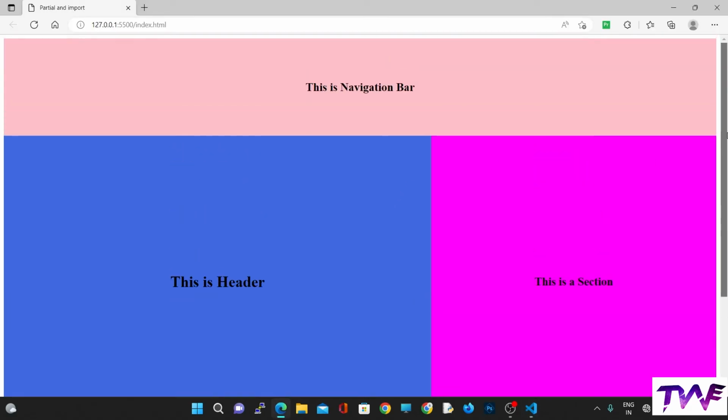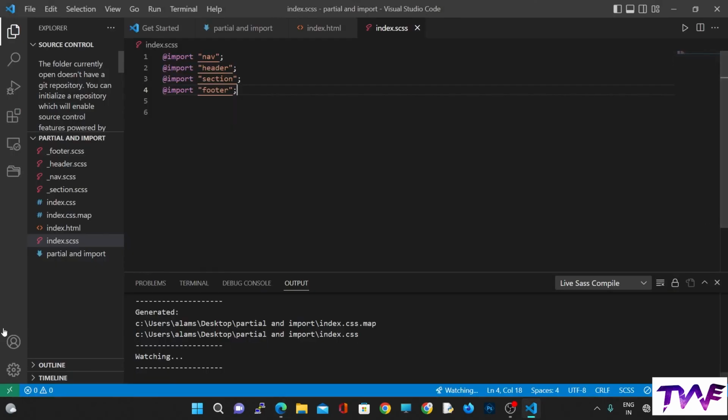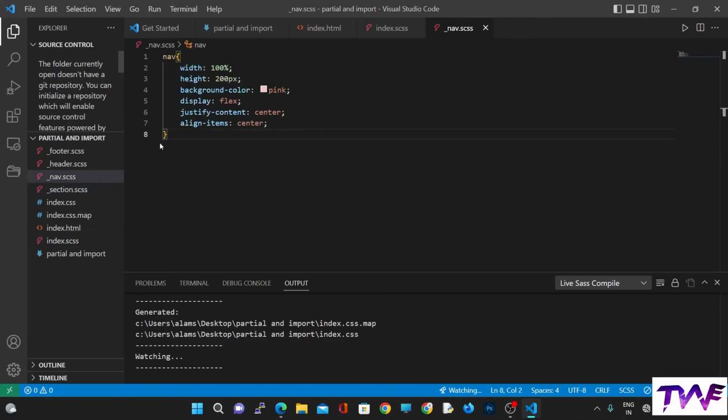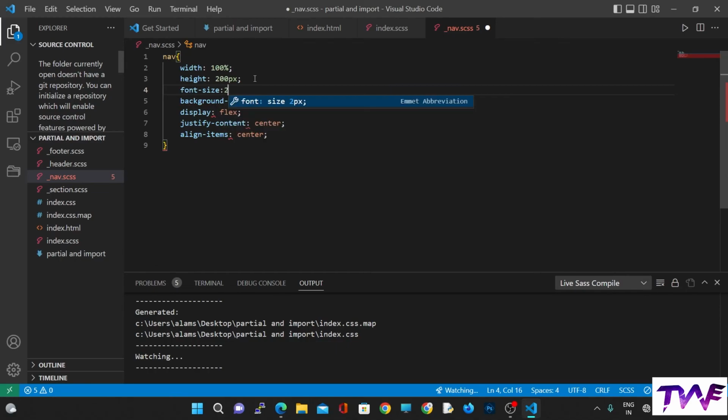Now you can see that we are getting the same output, and our code looks very good. If you want to debug any section, you can easily debug that section. There is no need to check a large amount of code. Simply you have to go to that section, and if you want to add anything, you can easily add that thing. Let's say we are providing the font size as 200 pixel,